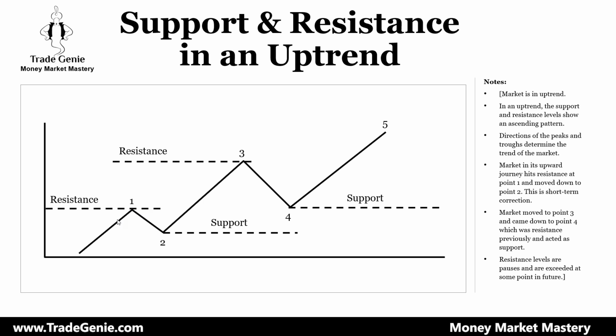So think about it. When a barrier is broken with force, that barrier becomes a strong support, because you're looking for some support where a lot of action happened. There were a lot of buyers and sellers, a lot of transactions happened, and multiple attempts were taken to break the resistance. So if the market at price point one took multiple attempts to break the resistance, it becomes strong.